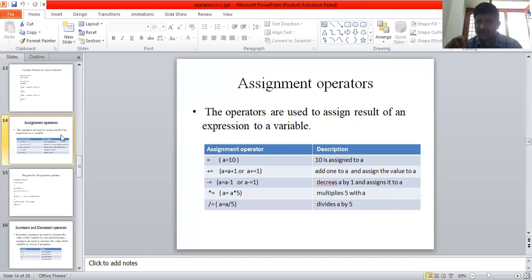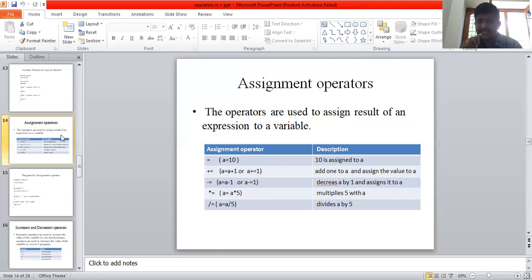Next, star equal to: a = a * 5. Star is multiplication, the asterisk symbol. a = a * 5 multiplies a by 5. 10 into 5 is 50. 50 is assigned to a.